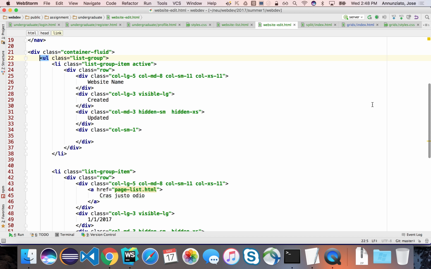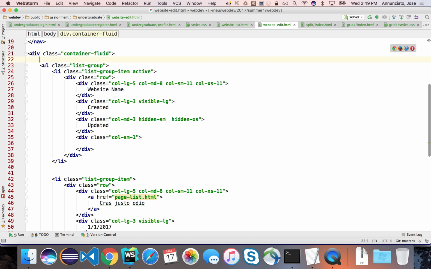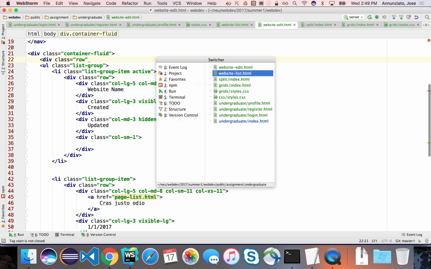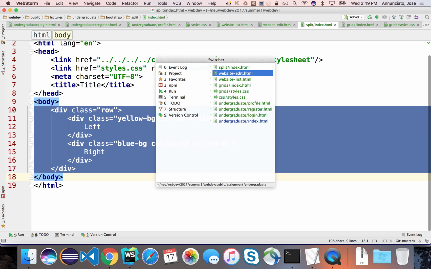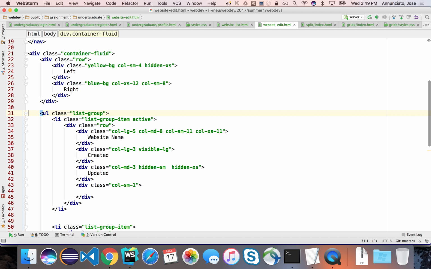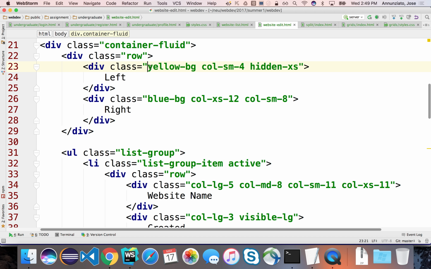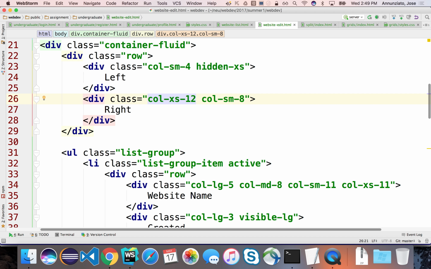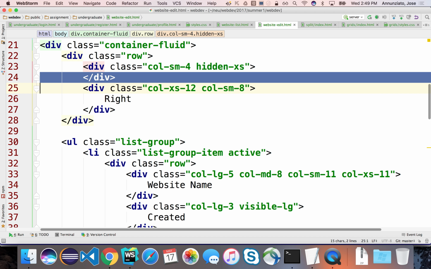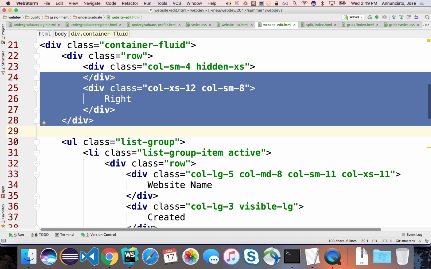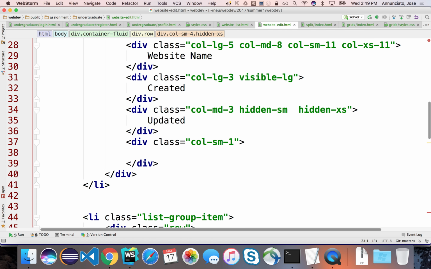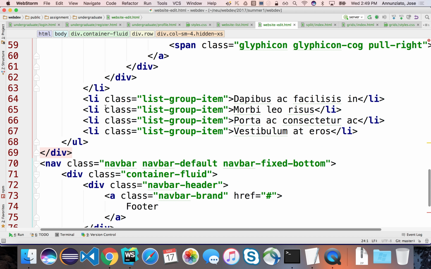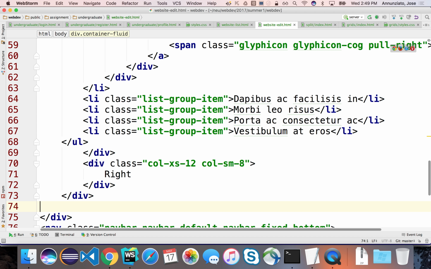So let's do that. Let's wrap this list with a div that has a row, basically our example here, the split example. Let's copy that, put it in here for now as a placeholder, and remove the colors. We don't need the colors. And what we can do is take this whole thing, cut it, and paste it right underneath the UL. All right, and then we can code,